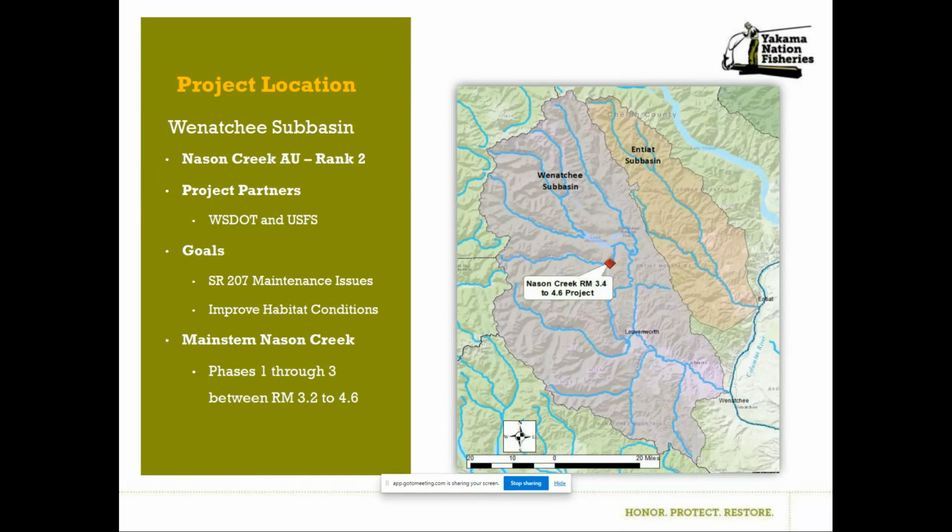More specific, this project will restore quality salmon habitat and habitat sustaining natural processes in a high priority restoration segment of Nason Creek by addressing the Upper Columbia Region technical team's listed priority ecological concerns and project actions in a cost-effective manner. The footprint of this entire project area, or phases 1 through 3, in Nason Creek is between River Mile 3.2 and